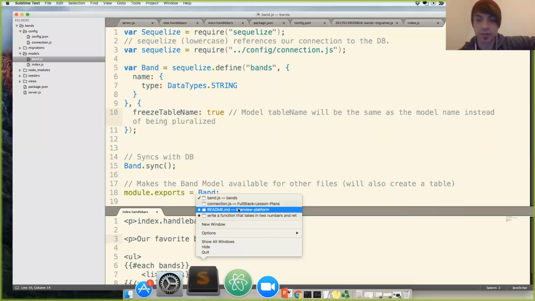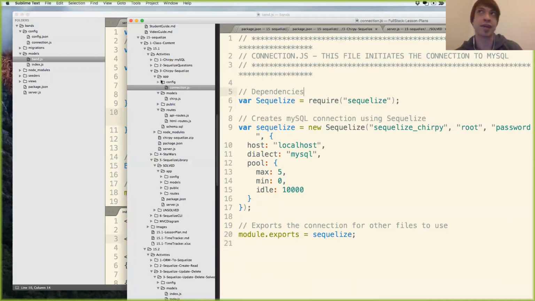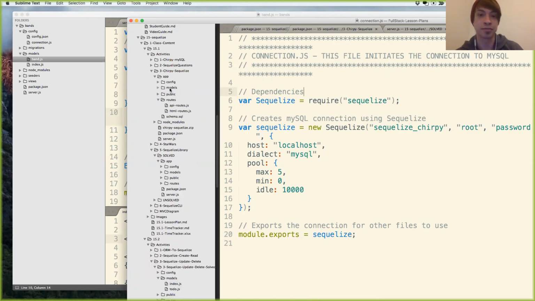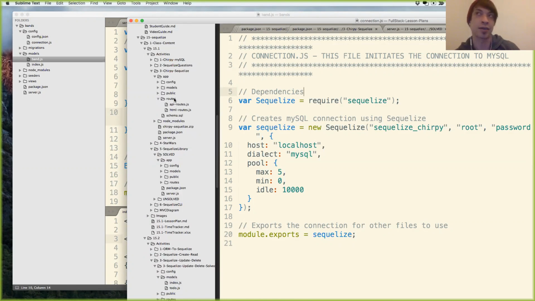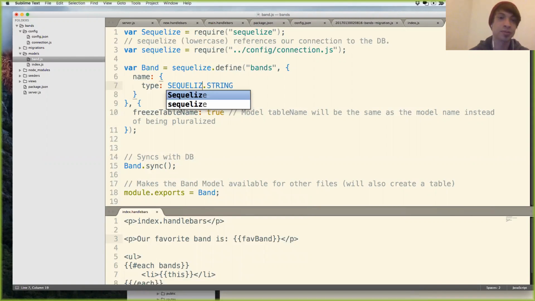It's because, okay, so the old way that we did it in the first file only works for really one model, but this way using the CLI works for multiple models. So to fix it from here, you change data types to Sequelize, because it's referencing a different Sequelize variable now that has a different word for their data types.